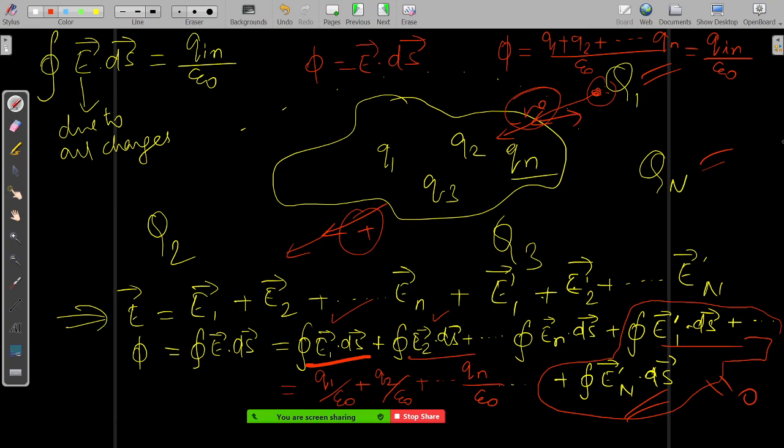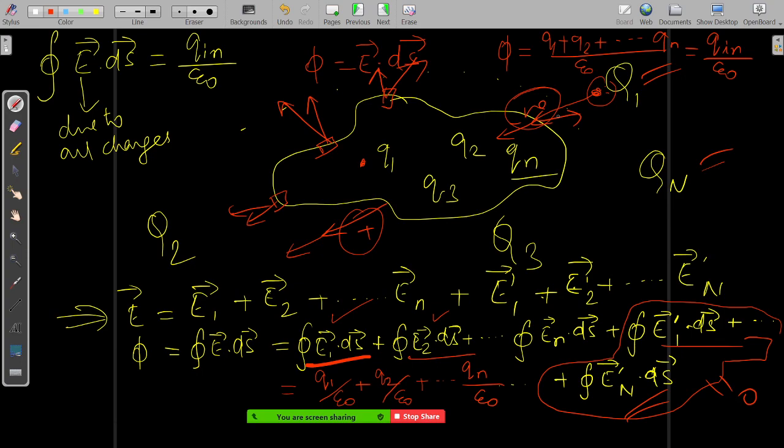You can look for it something like this. But if you see something due to an internal charge, what happens is that at every point it is outside only, the electric field. So here it will be positive, here also it will be positive, because the surface is also outside and the electric field is also outside. So everything is going to sum up and add due to an internal charge. You can just understand something like this: from an internal charge, the electric field is radiating outside, all around.